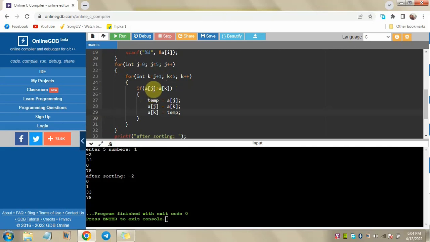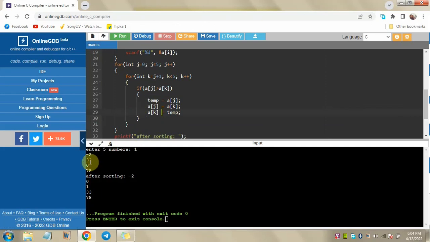So now aj is a0, and its value is -2, because -2 has come to the first position. And ak's value is a2's value, which is 33. So it will check if -2 is greater than 33. It's not, so it will not execute this swapping.